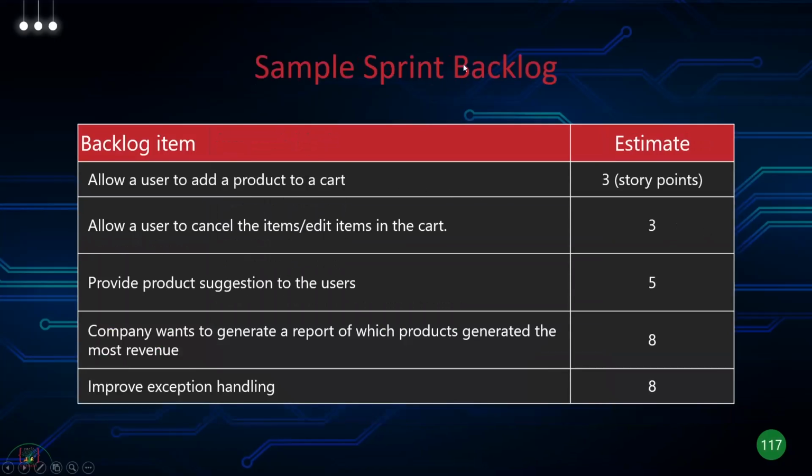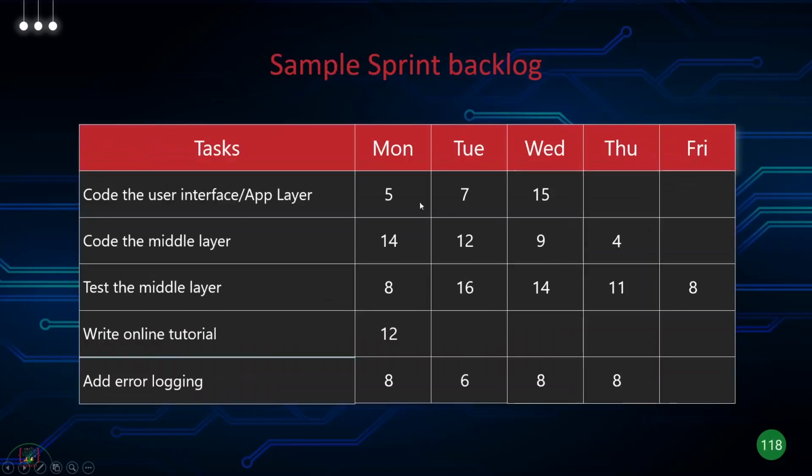And then again, this can be a sample sprint backlog. You can have the backlog items with your story point estimates here. Usually, if you have a tool like Jira version 1, you can easily populate it, or some teams do it in Excel as well. Again, this is more example of sprint backlog. You can have the tasks. You can even break it down into weeks or days in a week, and how many hours you will spend.